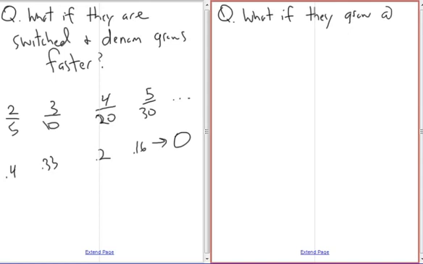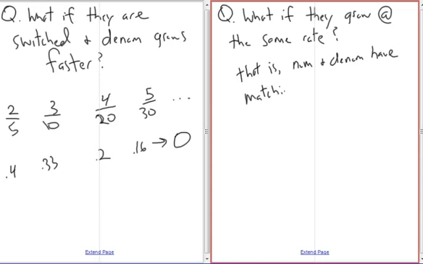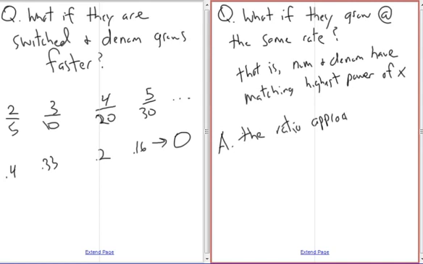Final question, the third scenario. What if they grow at the same rate? That is, the numerator and denominator have matching highest power of x. Here's an example. Oh, actually, I'm going to give you the answer. The ratio approaches